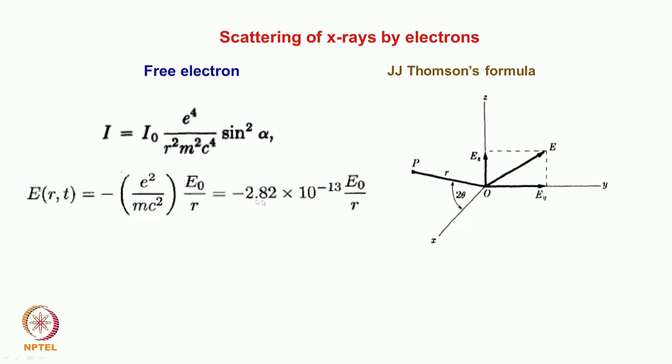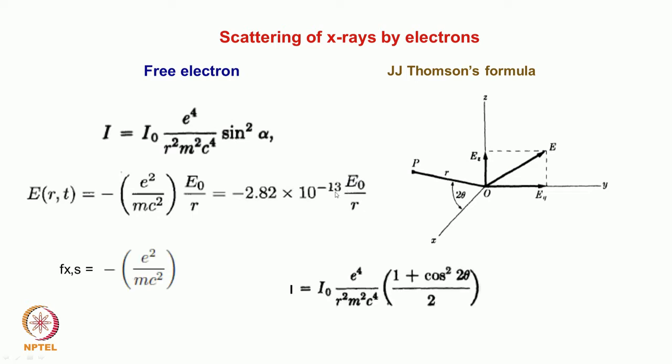So, the intensity of the radiation is going to change considerably. And the unit, since this is an electric field, this is also an electric field, this F has to be the inverse of R. Is it clear? That is what I have written for a single point, a single electron. In this case, if we are looking at scattering from this electron, this angle is continuously changing, and that brings about a variation in the intensity.